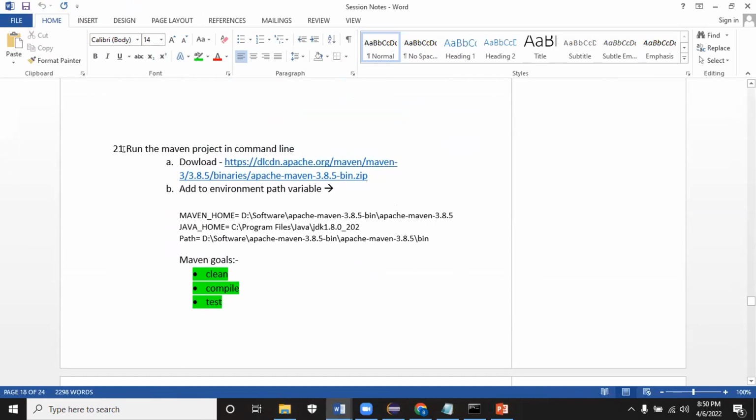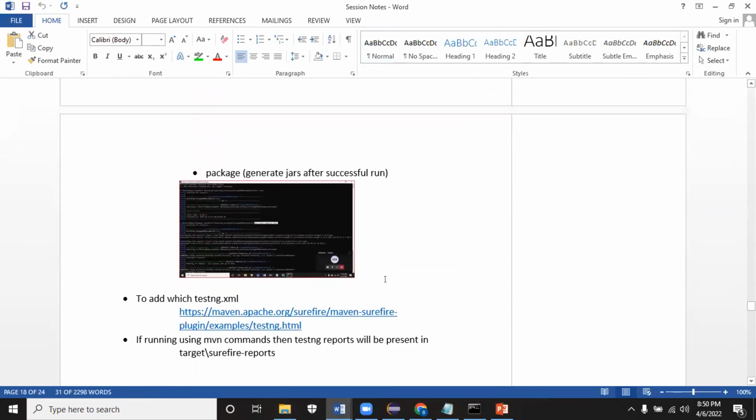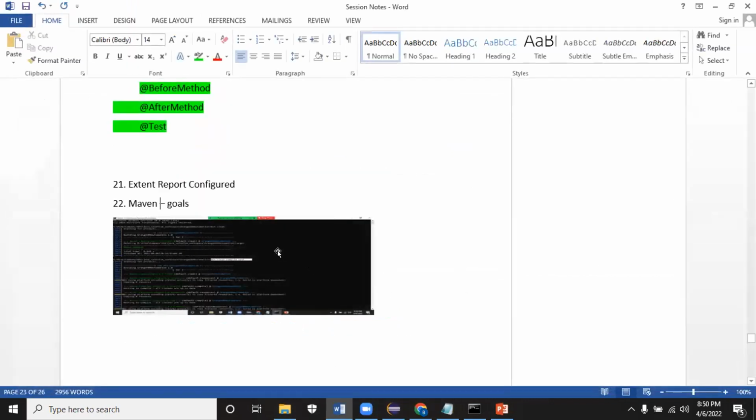Okay. Just these things you need to do, then you will be able to access the Maven command. Let me add the step.